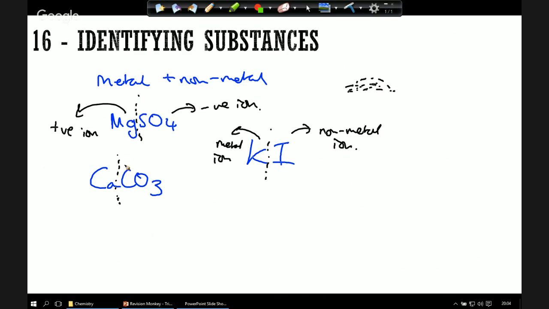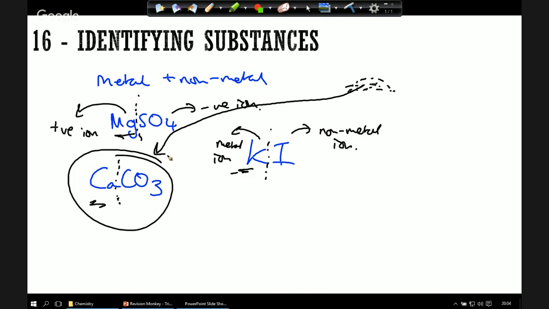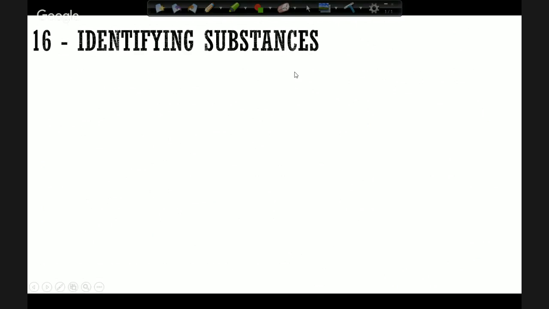So this is what we're going to do in the next couple of slides. We're going to identify the metal part and then the non-metal part, and it will tell us, therefore, for certain, for example, that this sample is either calcium carbonate or potassium iodide or magnesium sulfate, for example. So first of all, then we're going to look at